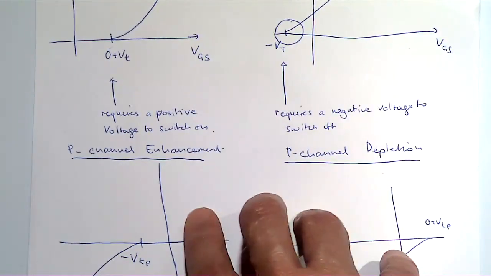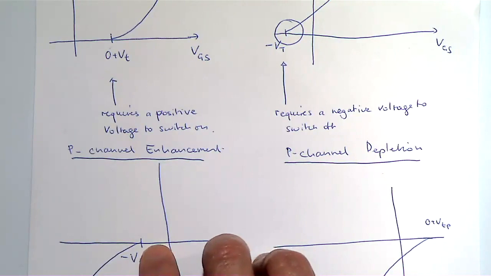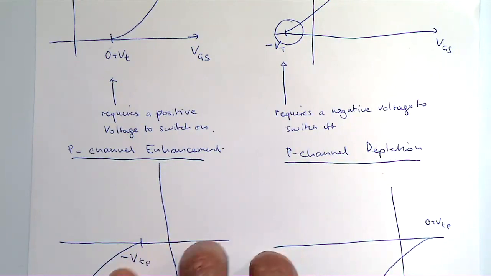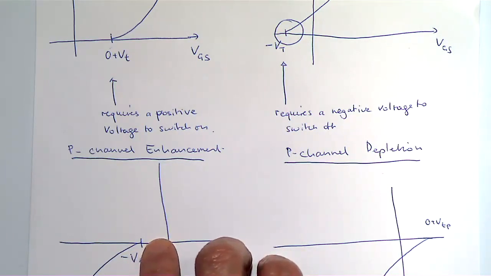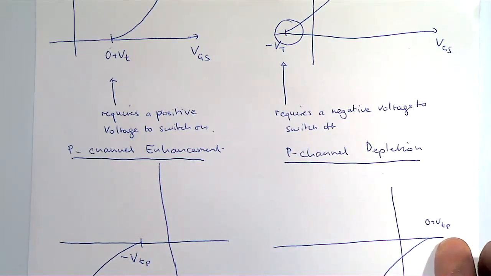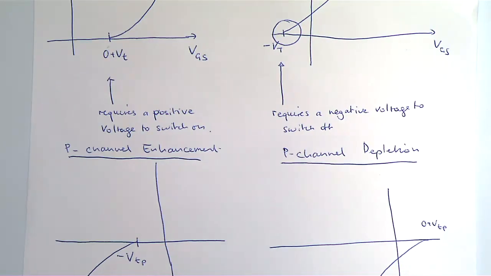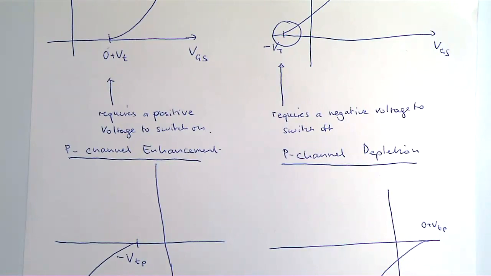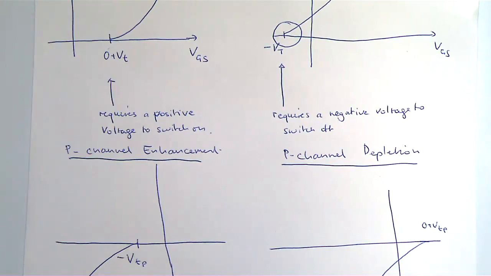In a P-channel enhancement, you've got to decrease the voltage below a certain value in order for the current to flow. And for the P-channel depletion, you've got to get the voltage high enough in order to stop the flow of current. Now, usually what we're going to see for most of our analysis is the N-channel enhancement and then the